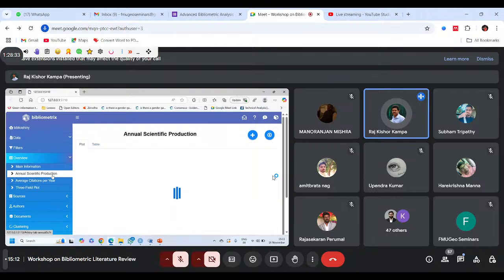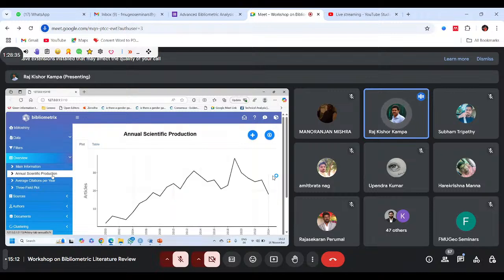See, what is the scientific production of open source software on the subject like open source software? So in the past instance, I have